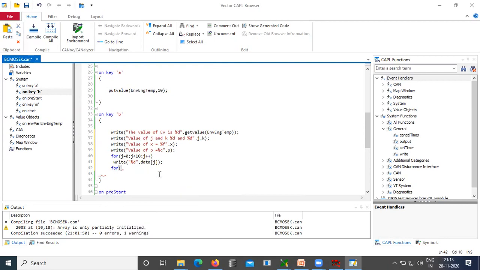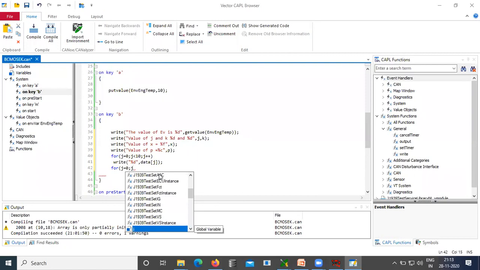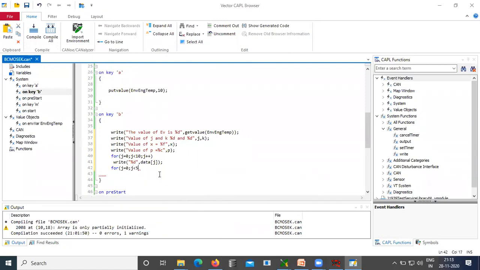For j is equal to 0, size is actually 5, j less than 5, j plus plus. Write percentage d comma vector of j.